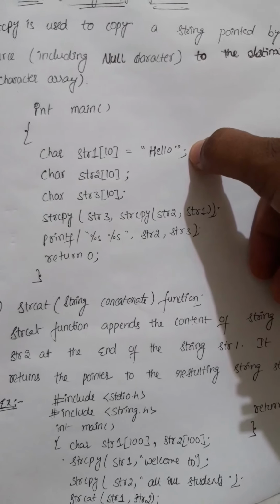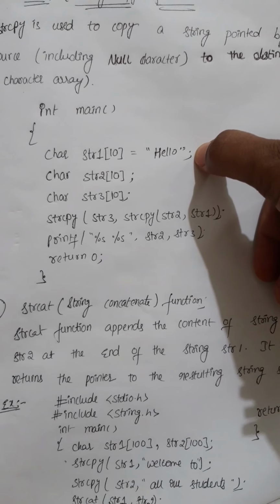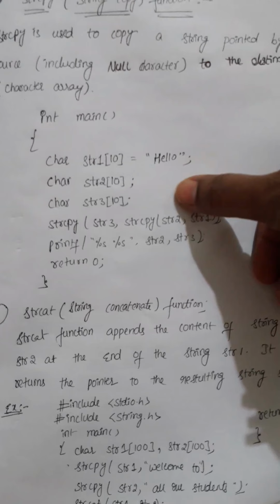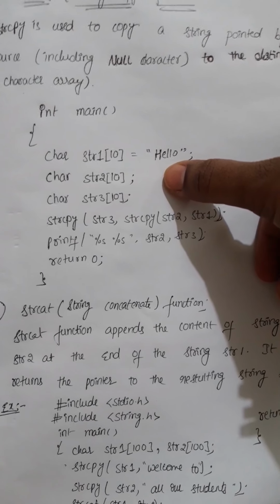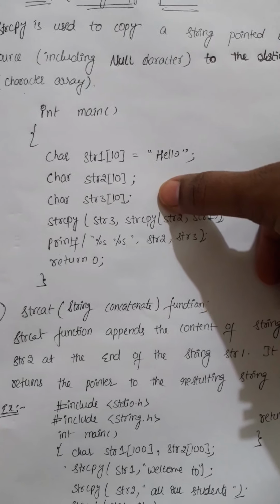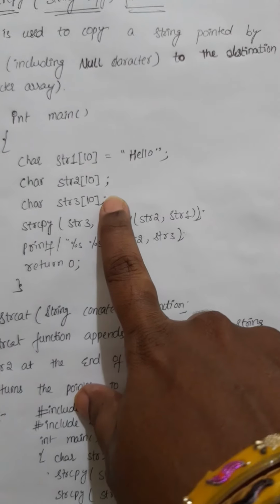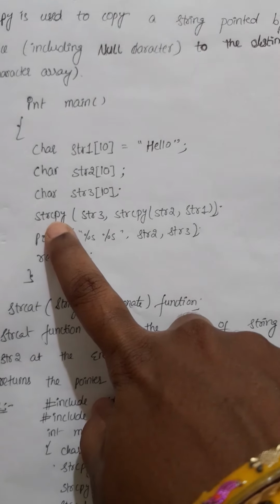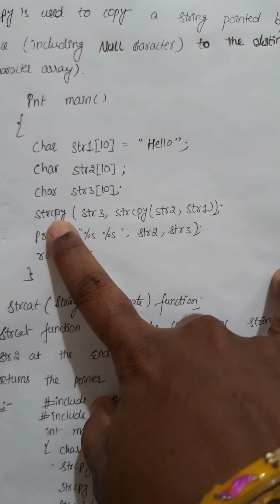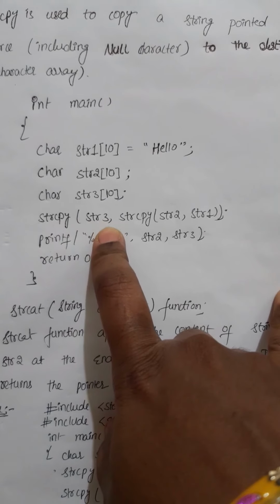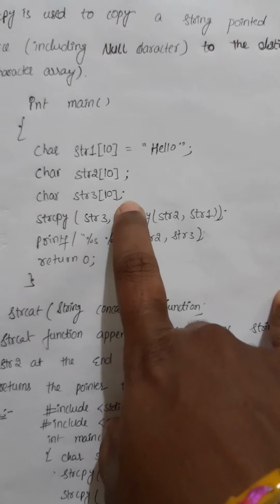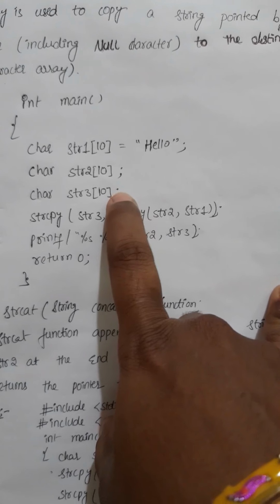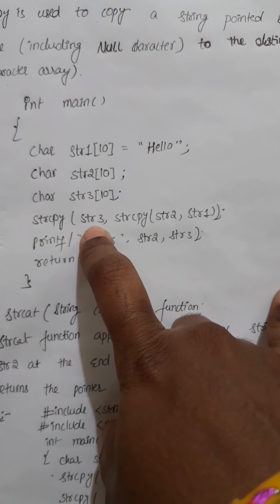So you can directly initialize your string, otherwise you can obviously take it at runtime also, you know very well. And the next string, let me have string 2 and string 3, and you need to initialize them, or you can also take them at runtime. And what I am going to do is simply use the string copy function and print whatever string 3 is. You can directly initialize it over here, or you can read string 3 at runtime also.